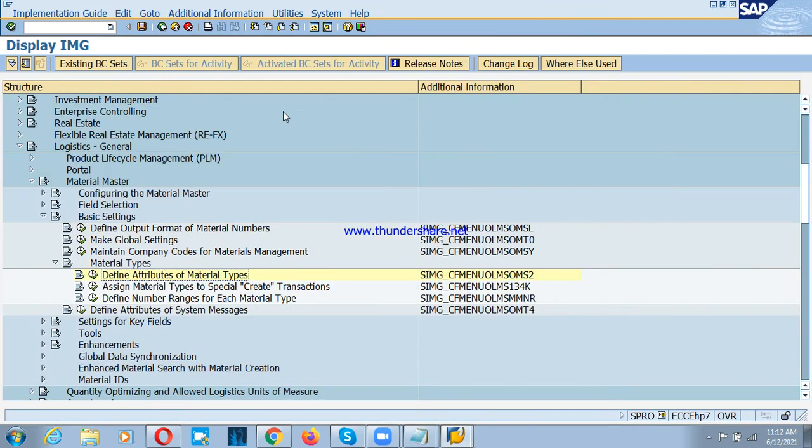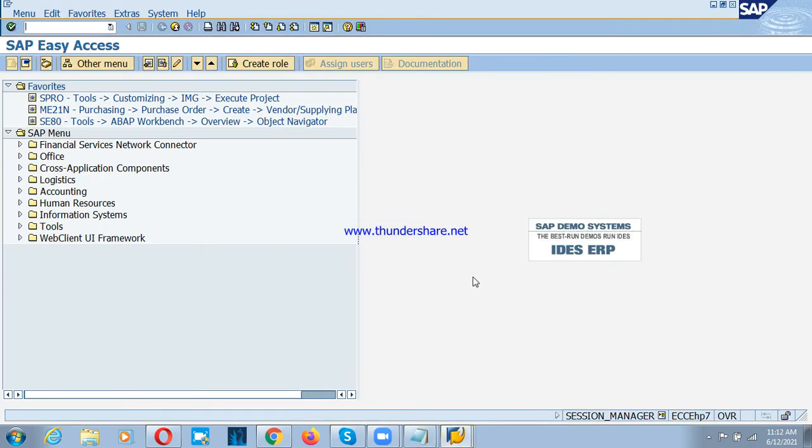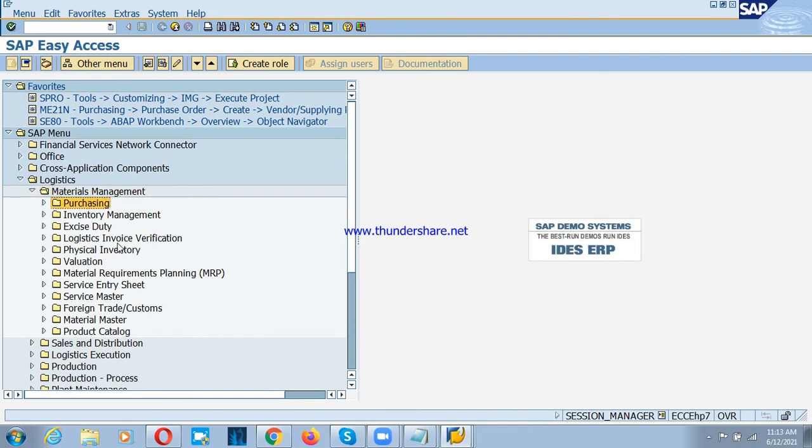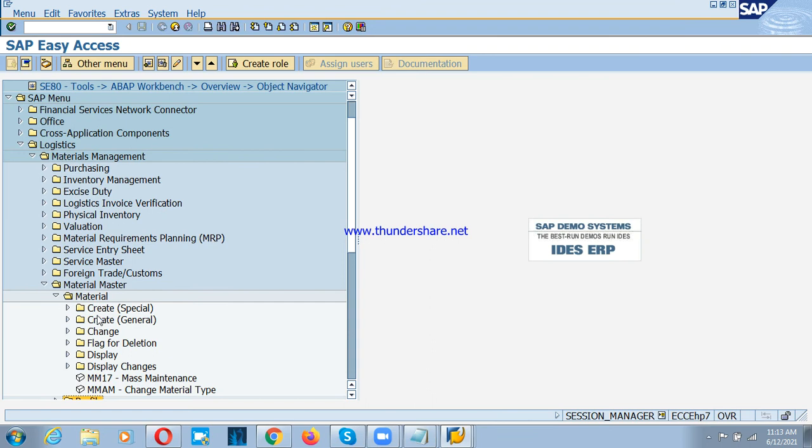Now, these are the two configurations which we need to maintain. Okay, now we'll come to easy access level. Now I'll go to logistics in easy access. Accounting part will come later because after this integration I need to test, right? After we did configurations in integration, now I need to check whether this configuration is working or not, right? So for that I need to go to logistics part, then materials management, then purchasing, material master, then material, create general,